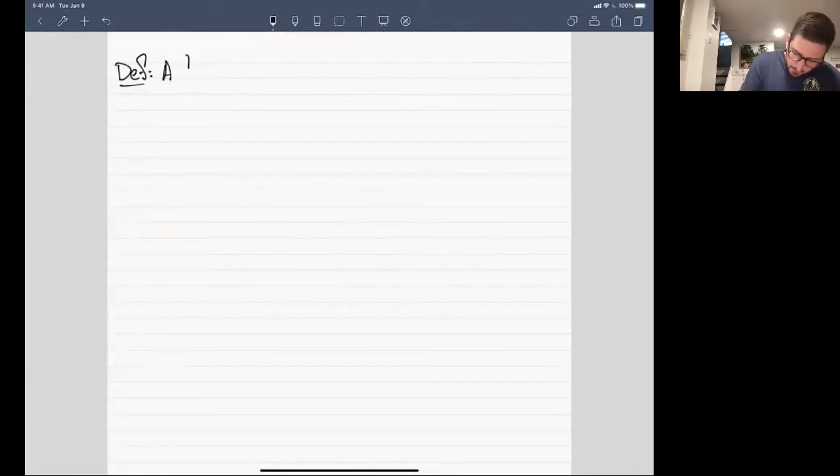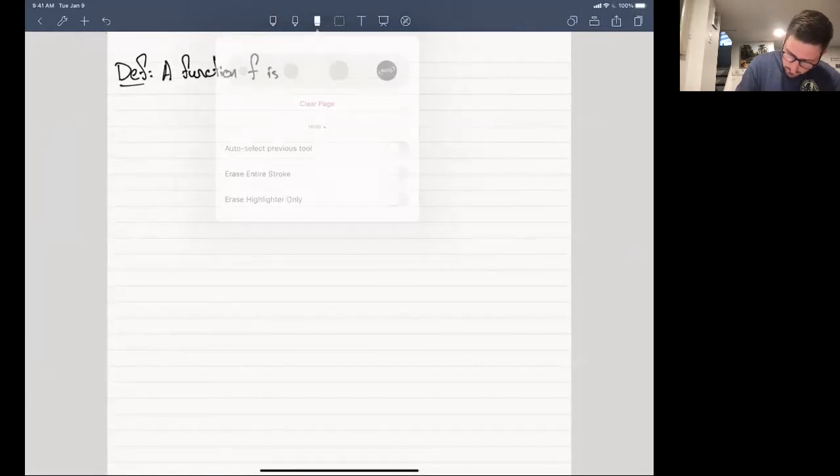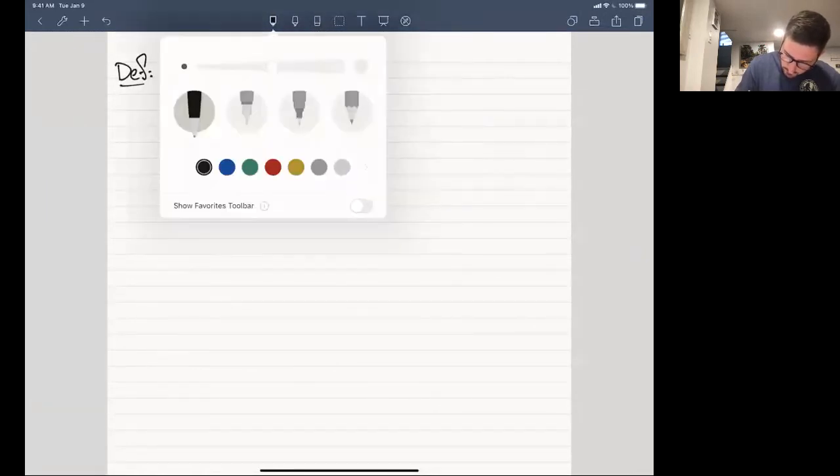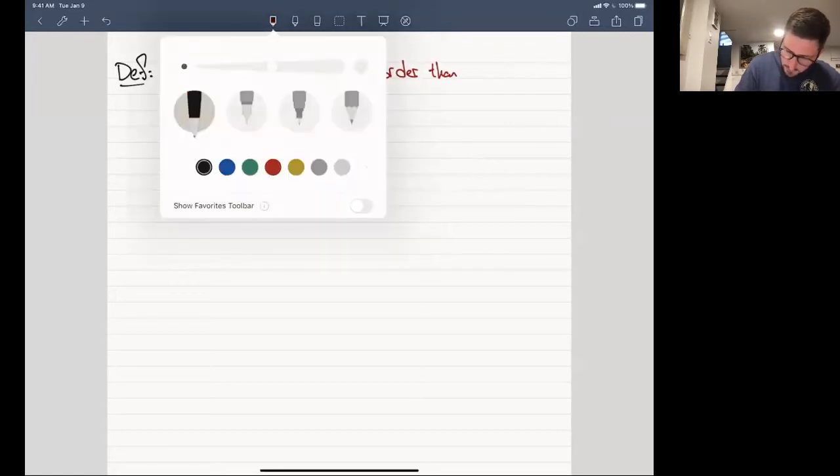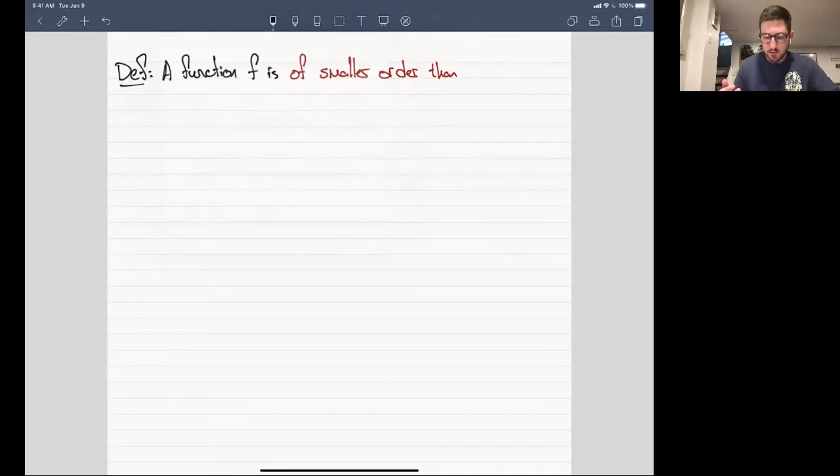A function f is of smaller order than g. The O in big O stands for order. As x goes to infinity,